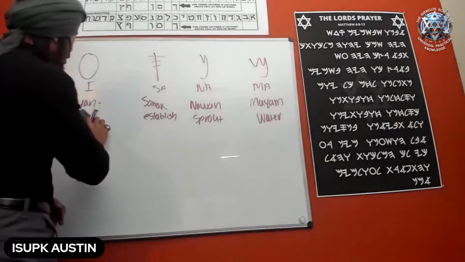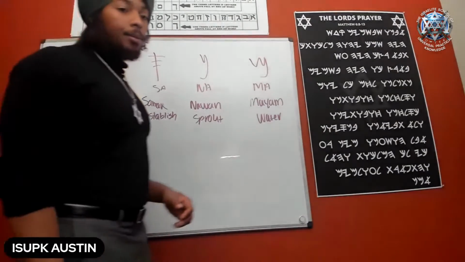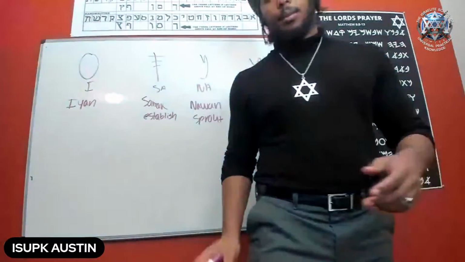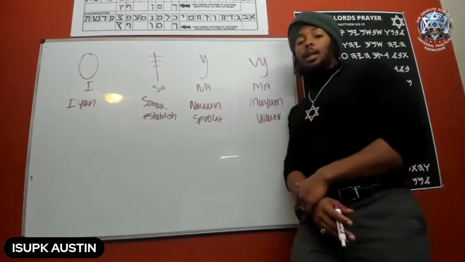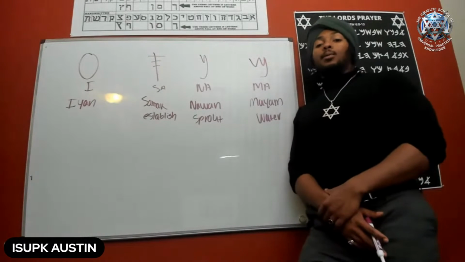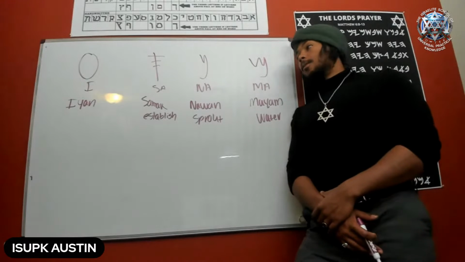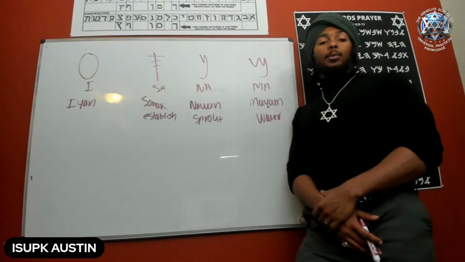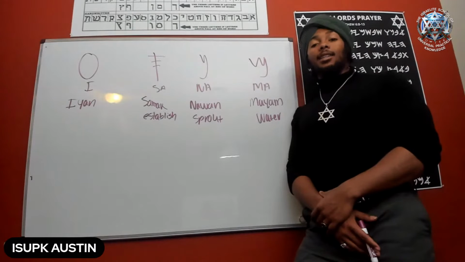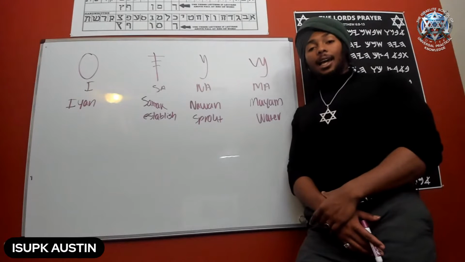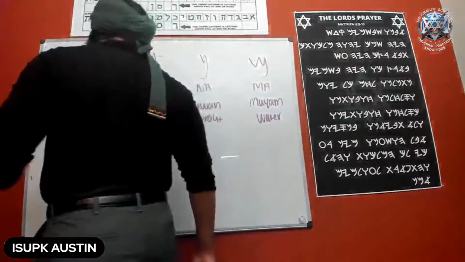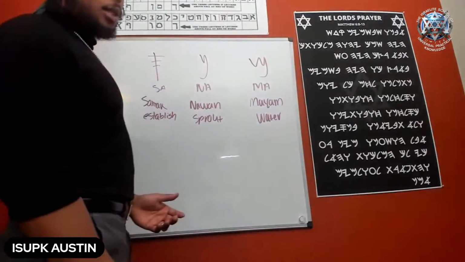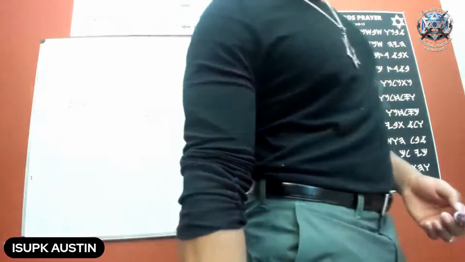Now, one thing you gotta understand is, when I said that about English, where do you think they get their English from that is not rooted in Hebrew, that they don't get some stuff from Hebrew? You gotta think about this. Why is this symbol an eye? That's what it represented, an eye. They call it ayan. Today we are saying I. We say I-E-Y-E, but of course when we say I, boom. You know what I'm saying? It's common sense. When you start getting to look at it, where these people get these things from.